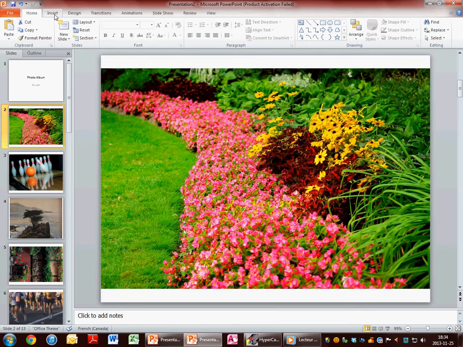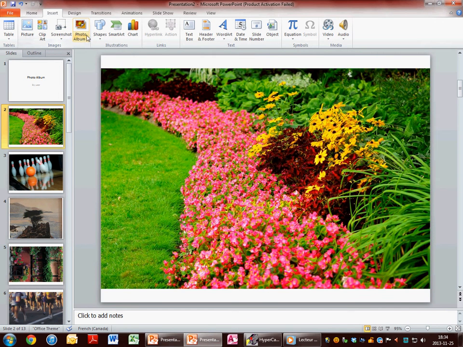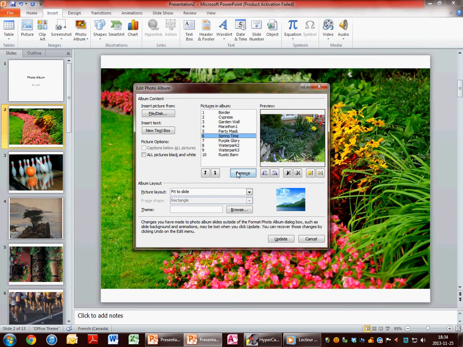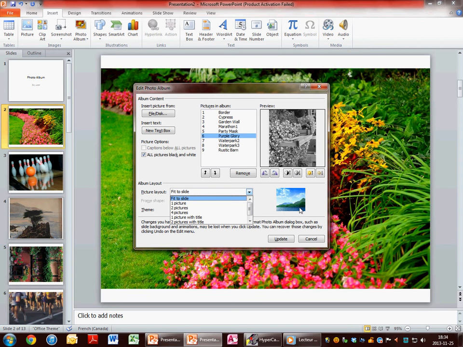Then if you made a mistake and you want to modify it, you click back on Insert, go to Photo Album and then Edit Photo Album. So here you can remove photos that you put there by accident, or that you don't want in the album. As I said, you can make them black and white, rotate them, add brightness. You can also change the picture layout, so I'll check the little photo here, choose one, and then see it just changes. It's completely different.